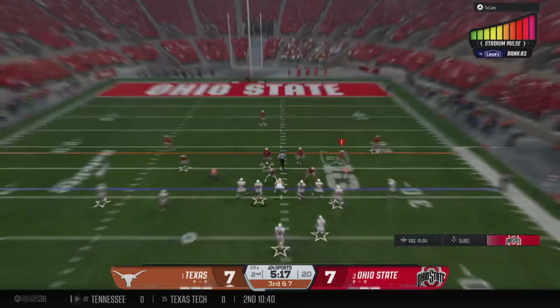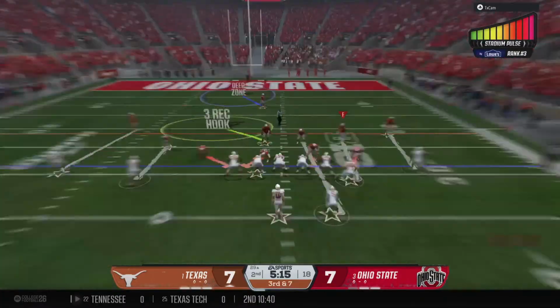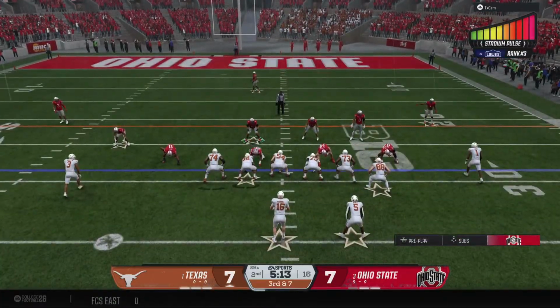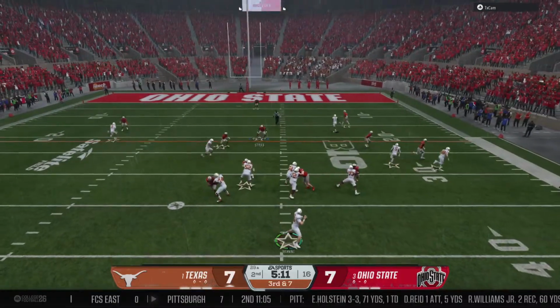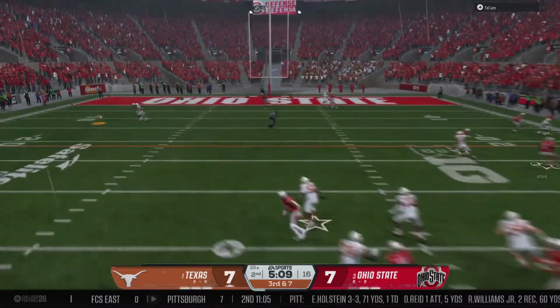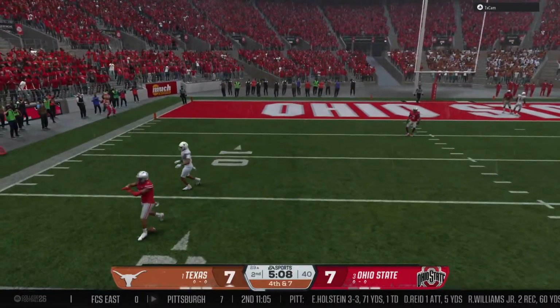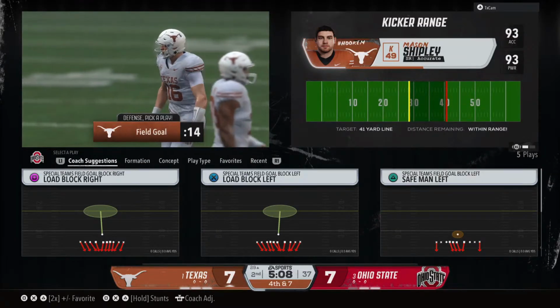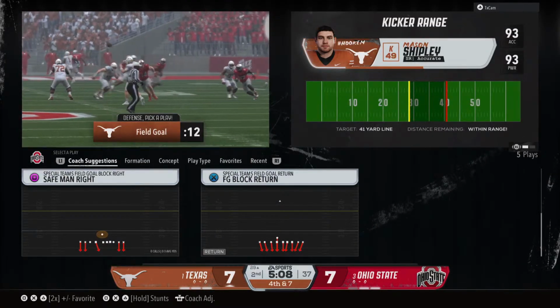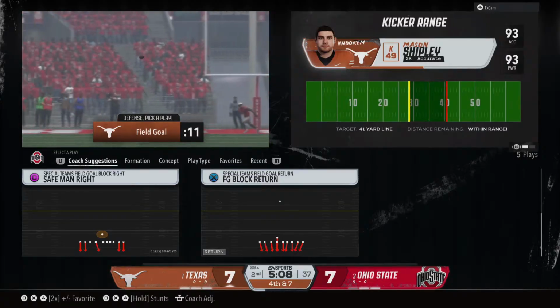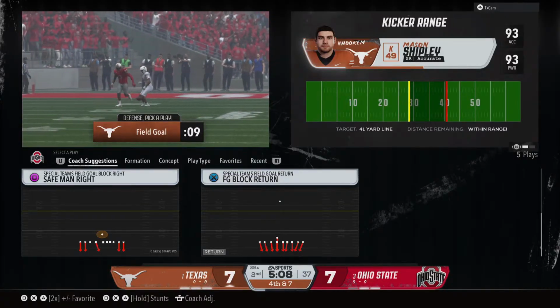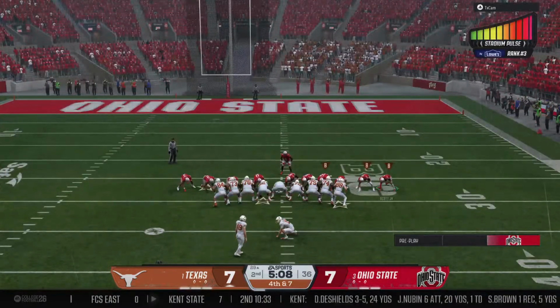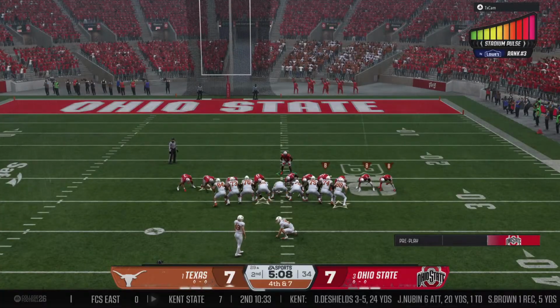Not going to be easy here. Backed up, a long way to go for a first down. Dropping back. It's Manning. Quick throw to the left. Cannot connect. Incomplete, and now fourth down. So looks like they'll bring the field goal unit onto the field.